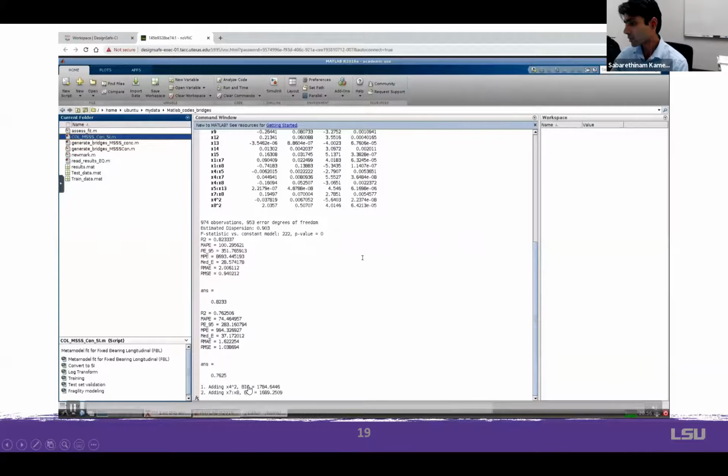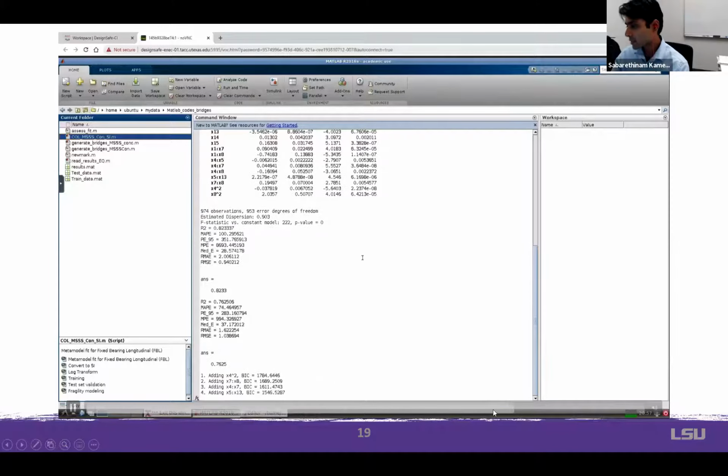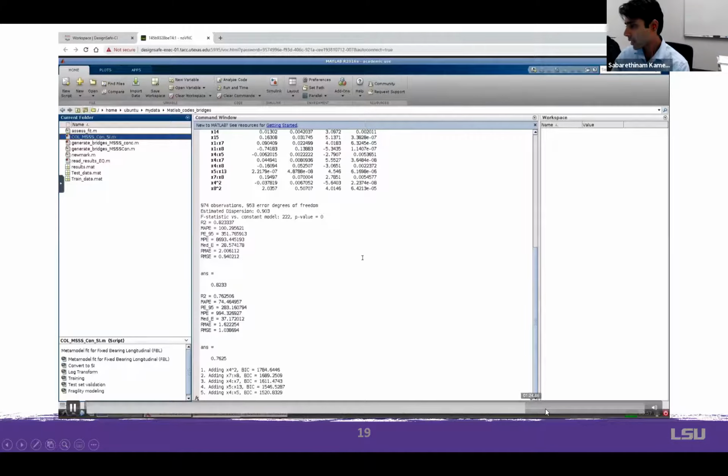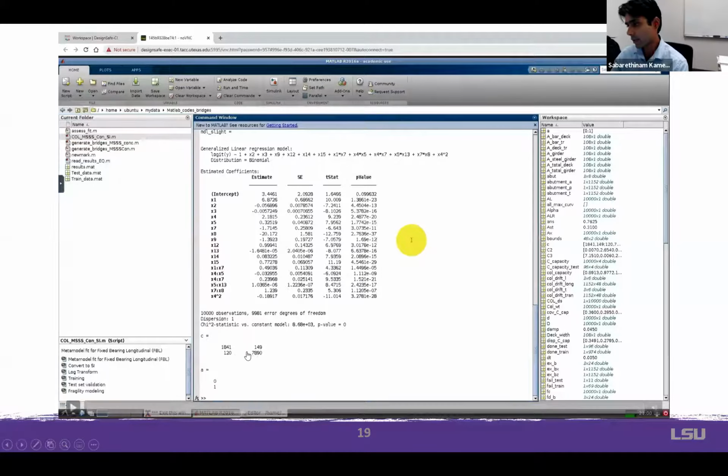The code next goes on to do stepwise logistic regression. Again, being stepwise, it adds one parameter at a time, and finally it finishes, and then I print out the confusion matrix here, which shows the cases which it predicted very well and where it had errors. In this case, we have a really good logistic regression model.